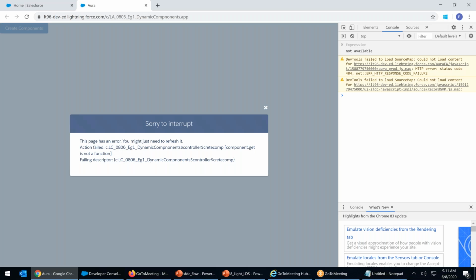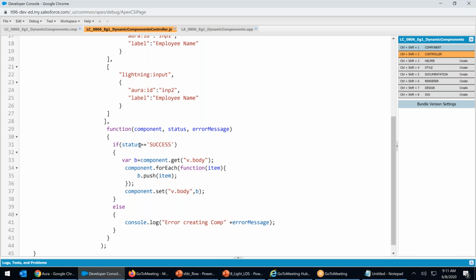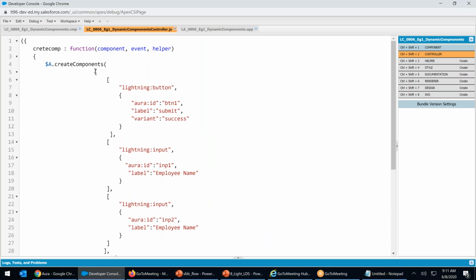The page has an error. Dynamic component controller create component.get is not a function. Component.get is not a function. Let's check it out. Once again, I'm checking the brick bracket. That's fine. That all looks good.